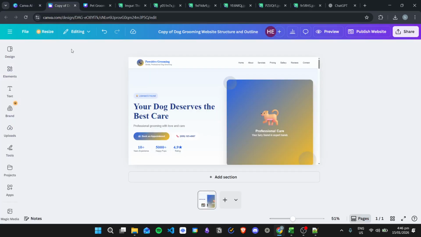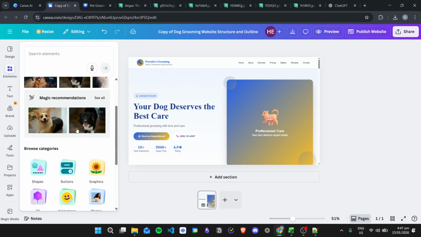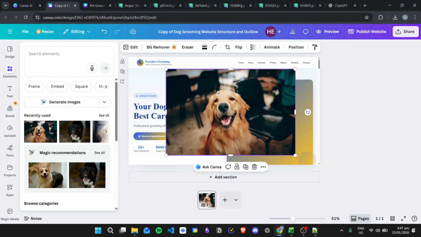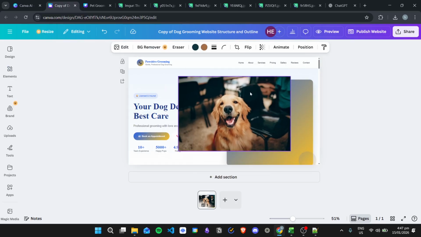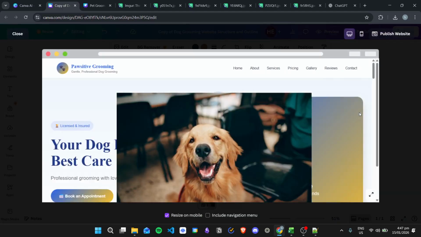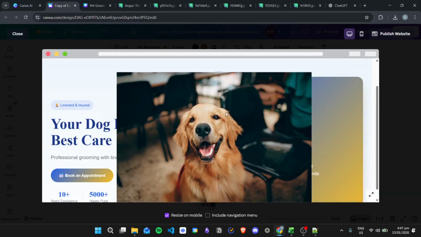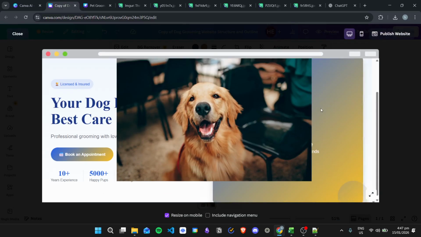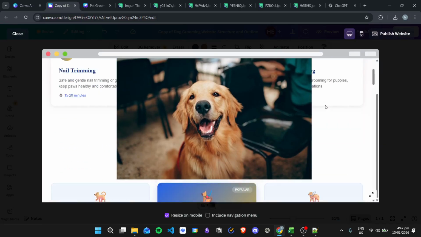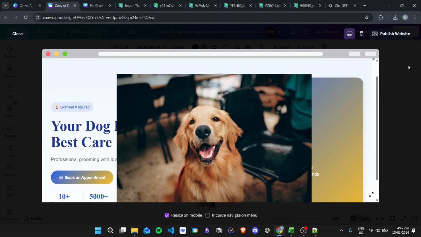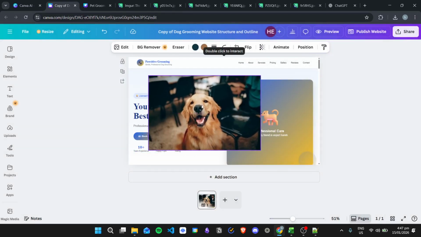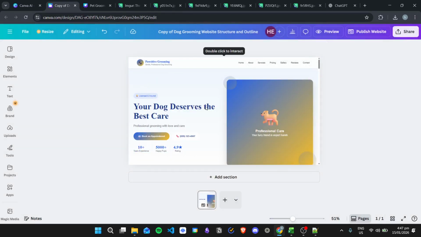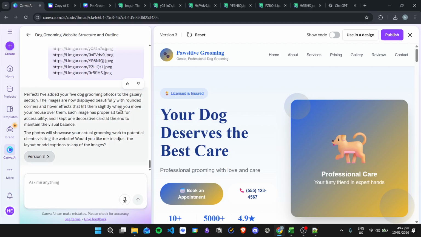For example, if I used the Canva editor and inserted an image at the middle of the screen, when I go to preview, you will still have this image right here when you scroll down. So all of the changes that you need to do must be in here in the Canva AI